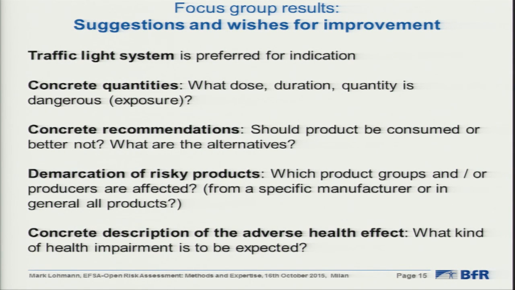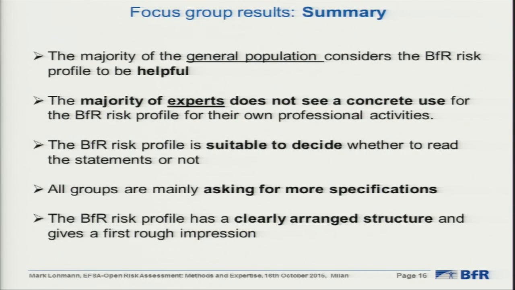A focus group interview reveals more detailed information. So, for example, that the traffic light system is preferred. This comes from the consumer. Experts say that it's useless to define the risk characteristic, and there was a concrete demand for, for example, quantity recommendation or especially information on affected groups and products. This sometimes stands in conflict with the remit of an independent risk assessment institute. And there was also demand for concrete description of the expected health impairment. This stands against the original intention to illustrate risk at a glance. But nevertheless,